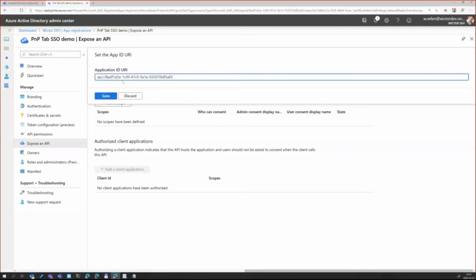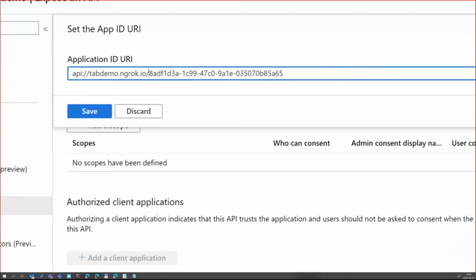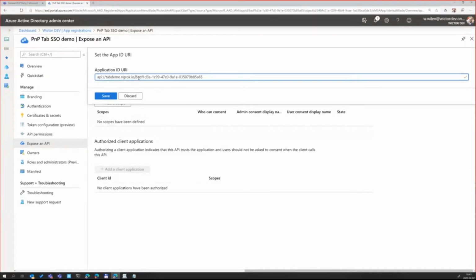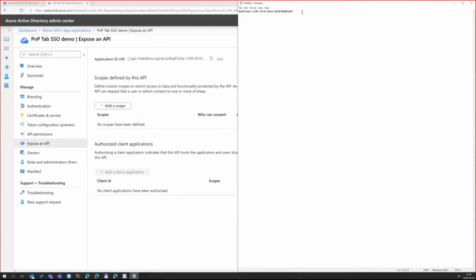So what I'll do is add tabdemo.ngrok.io/. Let's zoom in again and take a look at that. I let the API:// be as is. I let the GUID here, which is my app ID, be as is. But I actually add my URL in here and a /. This is super important because Teams will use this at runtime to verify that the application ID URI for the application you're using and the tab you want to show, those URLs are the same, for security reasons. So I'll take this one, click save,